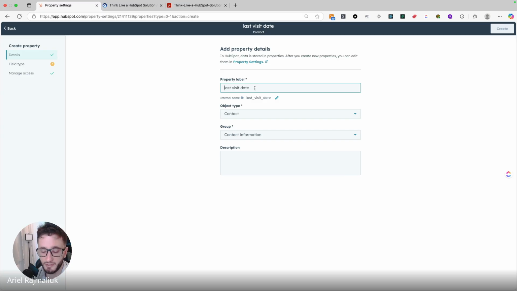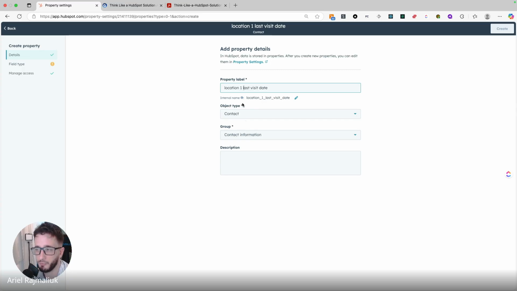Let's say it's one of the hospitals. You're working for a large clinic. They have one location, and you want to know when this person last visited that clinic. So you can do it this way. But what if they have 10 different locations? Well, you can do location one, right? So you see here how this is actually happening. You want to make sure that when you create this label, the internal name will stay like this, because for some reason you will know that this is for location one.